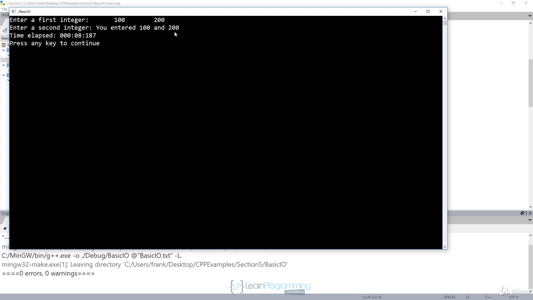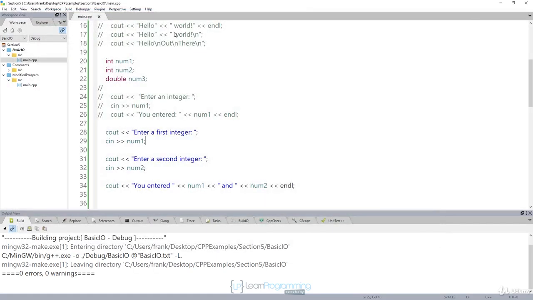And you can see you entered 100 and 200. It's just ignoring all that space. But it's got those 2 values in that stream. It's just going to process the stream. It doesn't wait for you to press enter twice. Okay, so I'll comment those out and